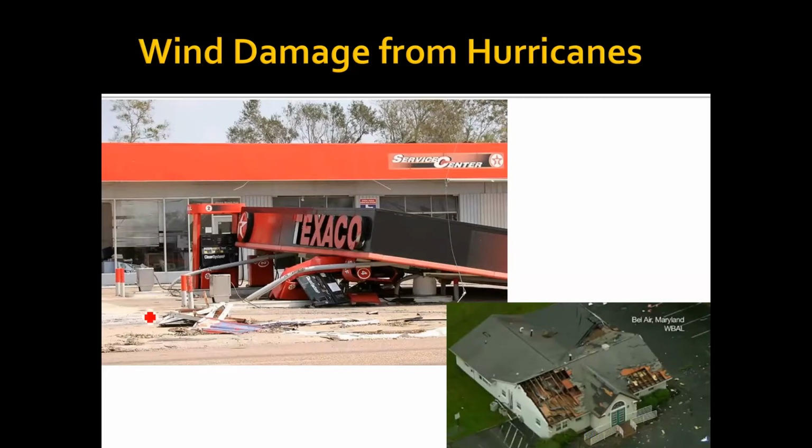If you take a look here, you have a gas station shelter completely blown over by a hurricane. These are relatively weak structures, so a Category 1 or Category 2 hurricane at its most intense may be able to do this. This is probably more likely caused by a Category 3 hurricane. And then if you take a look over here, this image shows tiles and actually parts of a roof being ripped off. Again, wind damage